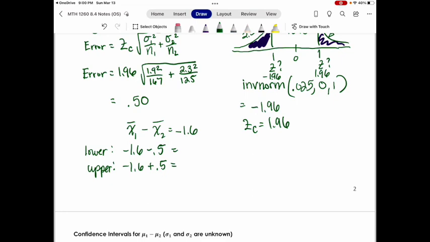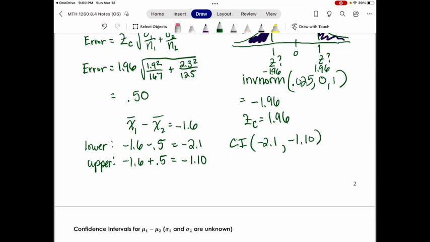When I take negative 1.6 minus 0.5, that's going to give me negative 2.1. And when I take negative 1.6 plus 0.5, that's going to give me negative 1.10. So my confidence interval is going to be negative 2.1 to negative 1.10. Now, if I were to interpret this,